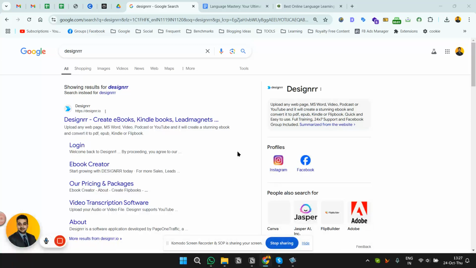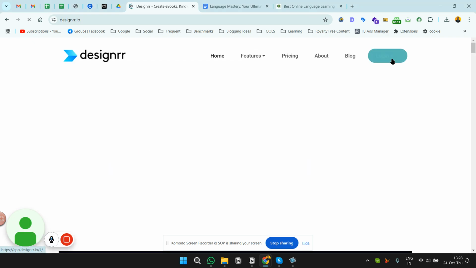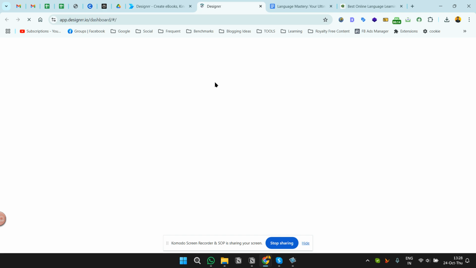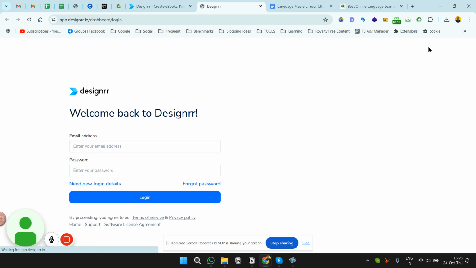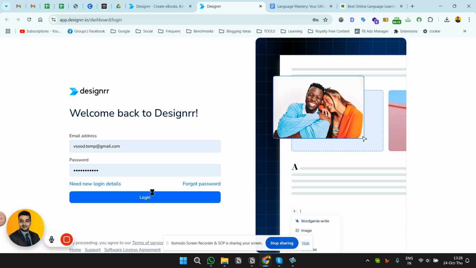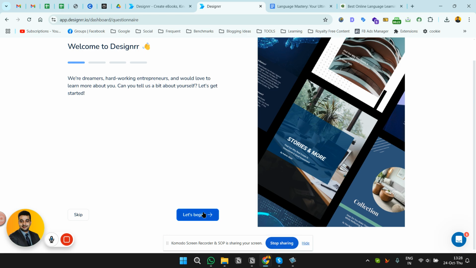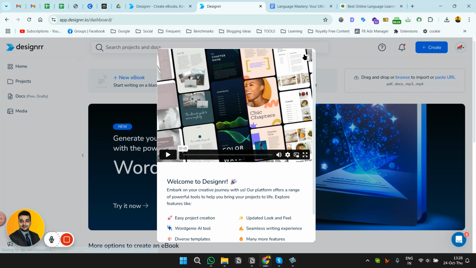Okay, hi team. So today we'll be learning the process of creating an ebook using this particular tool which is called Designer. So first of all we need to go into this tool, then we need to log in, and we have taken a subscription so you can use that particular information for going into that website. And now what you need to do here is that you can simply click here,